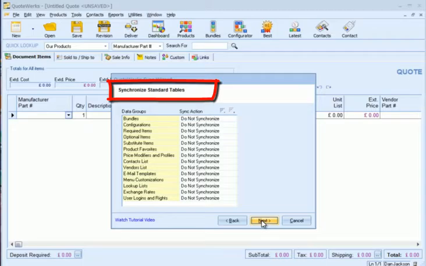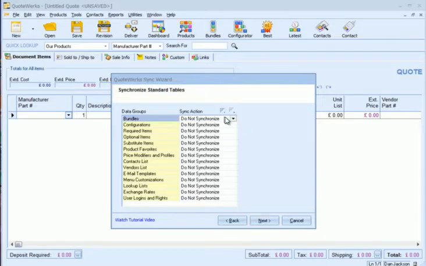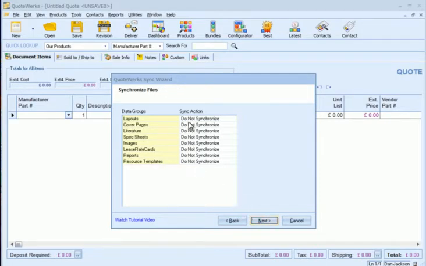We're then being asked about a range of different tables that are associated with QWDatabasesync. I'd set all these to synchronize what's on the main installation on the server out to the remote machines of the users. So you need to go through each one, and where it says sync action, if you just click on there and just click the R key on your keyboard, it'll change those to replace and you can quickly go down them. And then click Next at the bottom,